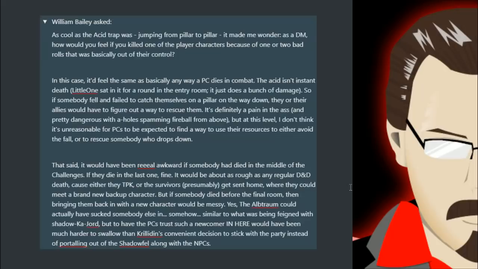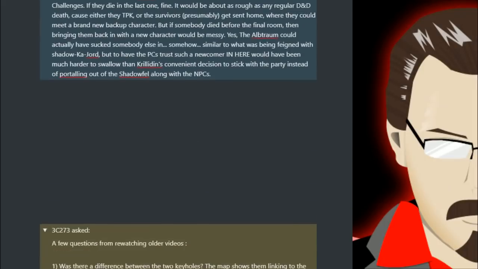Yes, the Outtro could actually have sucked somebody else in somehow, similar to what was being feigned with Shadow Cudthroat, but to have the PCs trust such a newcomer in here would have been much harder to swallow than Krillidin's convenient decision to stick with the party instead of portaling out of the Shadowfell along with the NPCs.